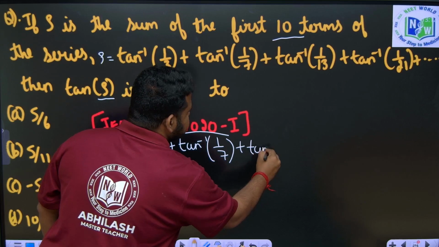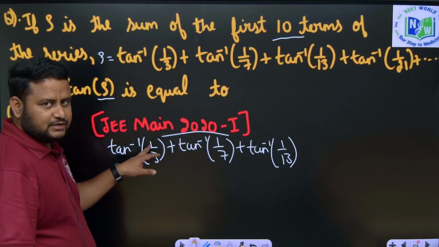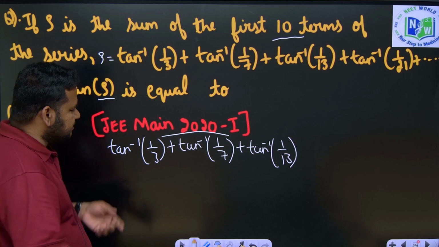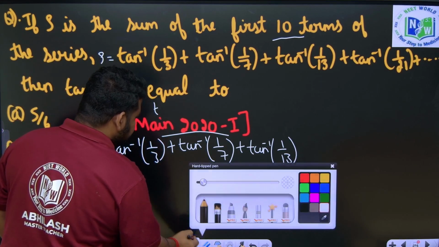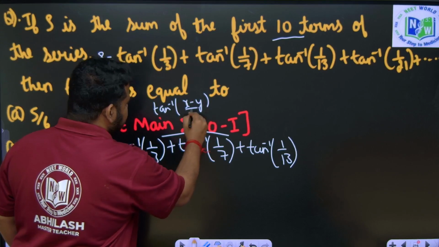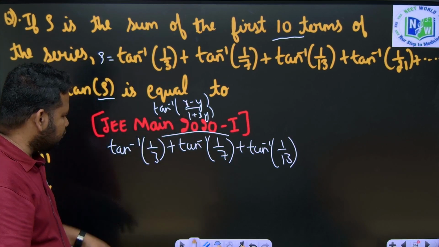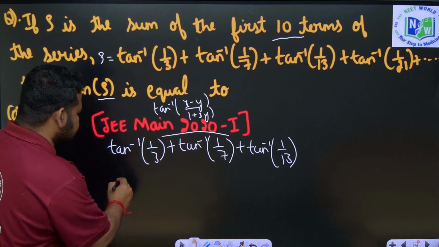of 1 by 13. Okay, so in the numerator I have to get 1 and in the denominator I have to get 3. So what I am looking at is that it is in the form of tan inverse of (x minus y) by (1 plus xy). If you look at this, I have to get 1 in the numerator and 3 in the denominator. So I can write this as,